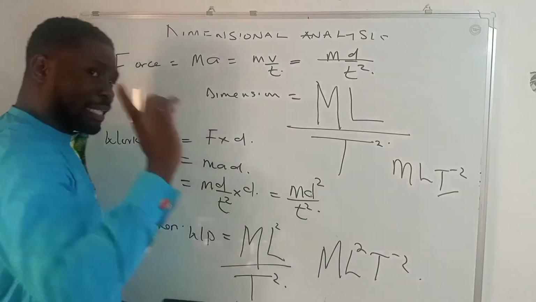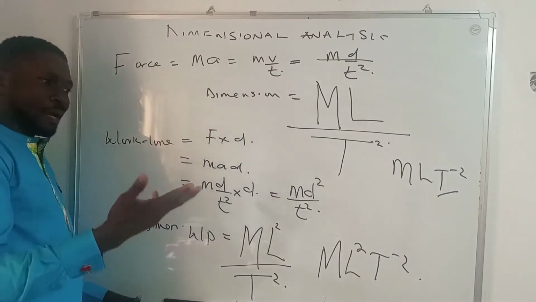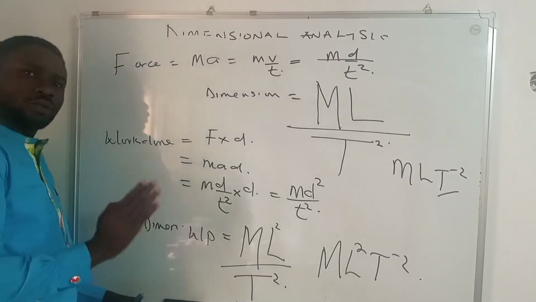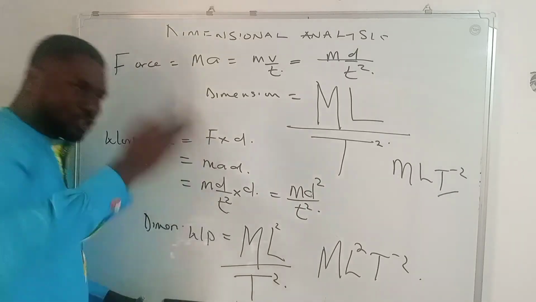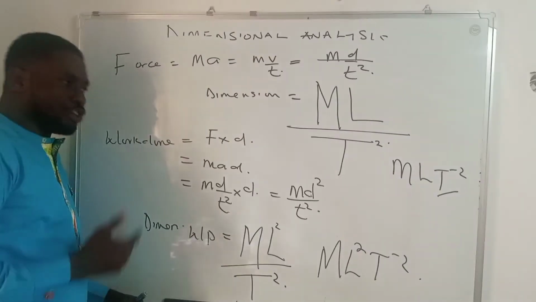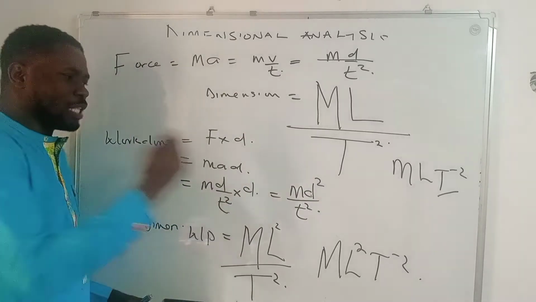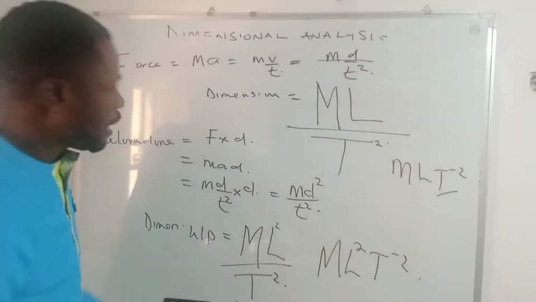And in that class, we emphasize the fact that work done, energy, and moment have the same unit. And that will apply here. The dimension of work done is going to be the same as the dimension of energy, and it will be the same as the dimension of moment. The reason is that all of these have the same unit, and so the dimension will also be the same. So now this is work done. Let's take more examples.